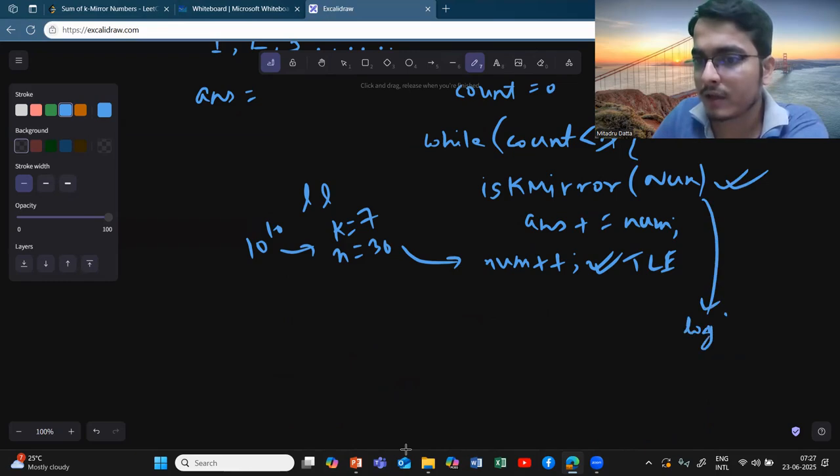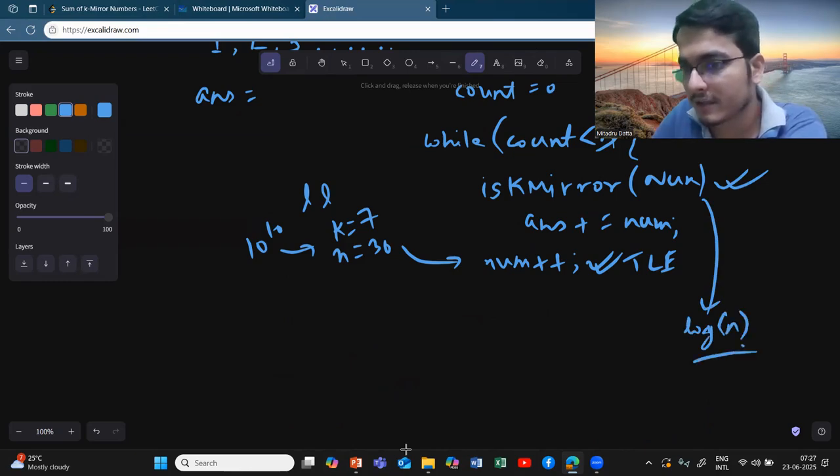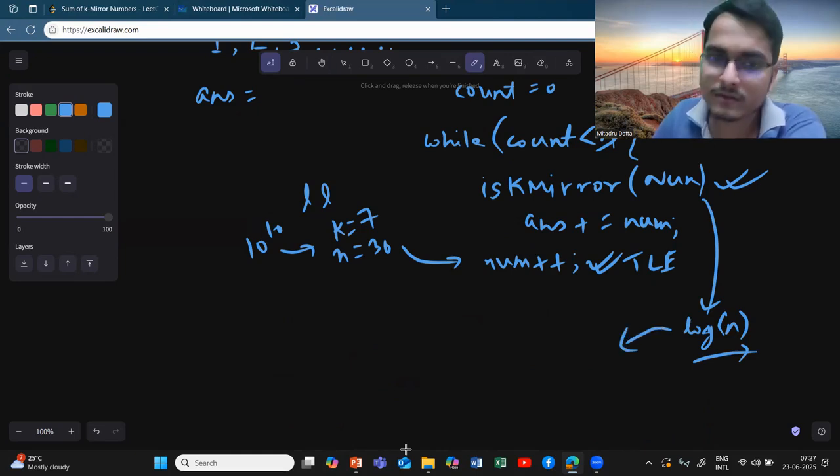You can easily do it in log n, because you need to traverse the digits of the number to check if it is a palindrome, and then you convert that to base k also. So if you don't know how to convert to base k, let's say you have a number, 11,